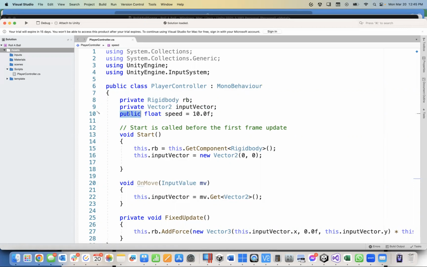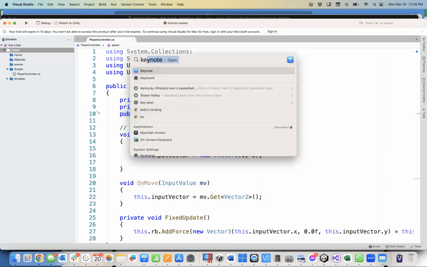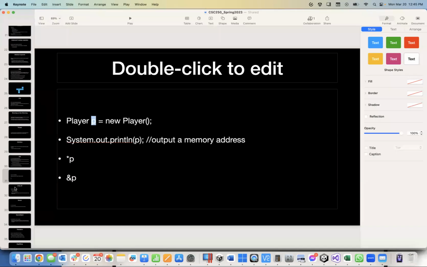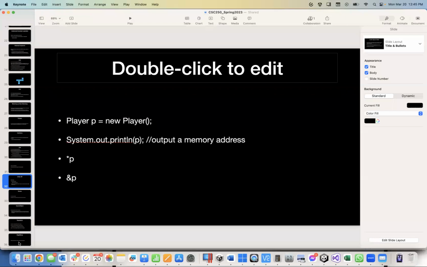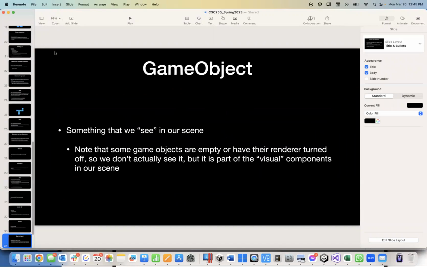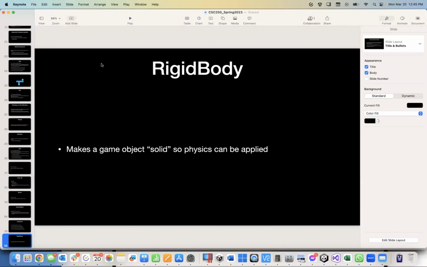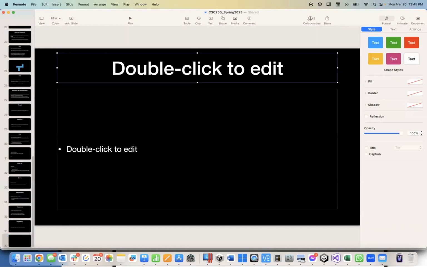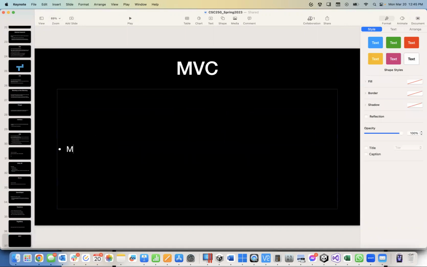This public one is not only accessible outside this class. We did talk about in the slides something called MVC. Let me bring that back up here. I think we talked about MVC, I at least talked about it out loud. We just added it here to the slides. So you have something called MVC. This is the Model View